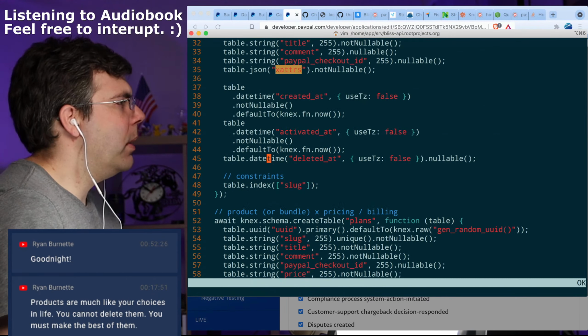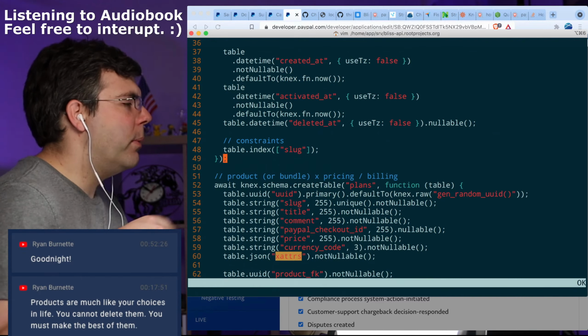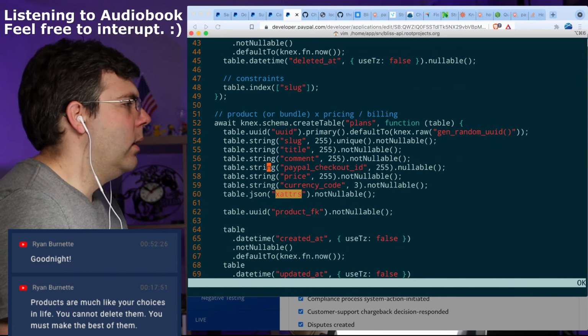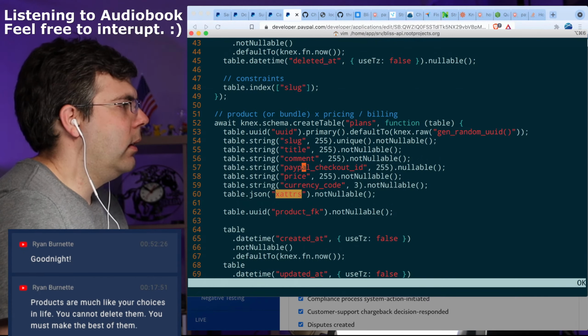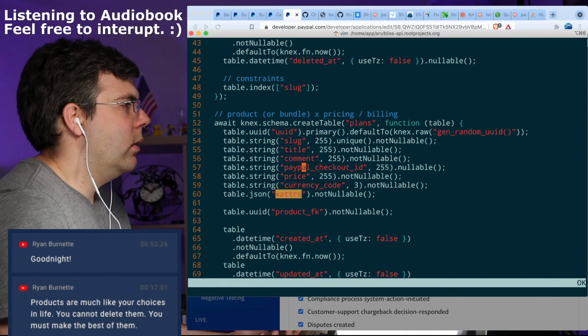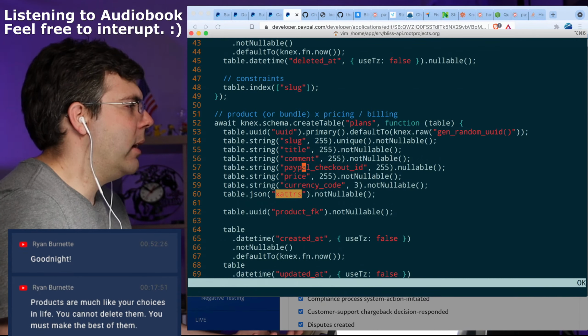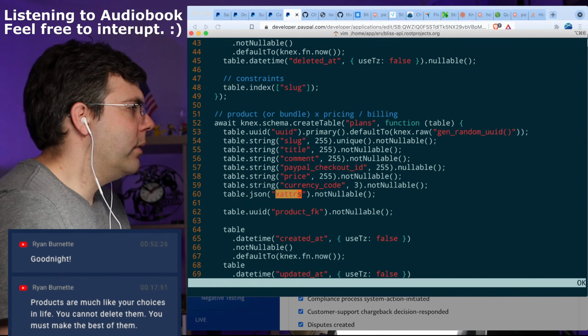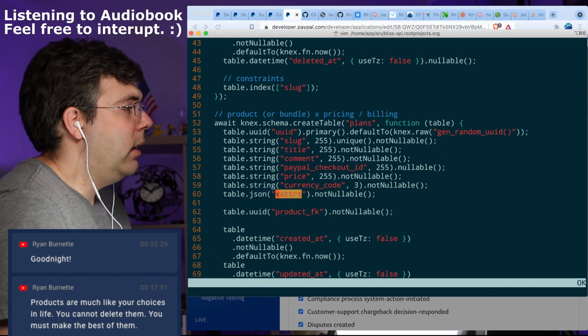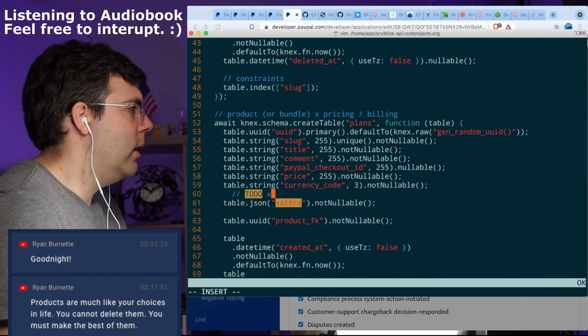Okay, yeah, because the plan and the product are going to have to be represented in multiple systems. So as many systems as there are for it to be represented, I really do want the PayPal checkout ID to be up at the top. And really, with the X adders, I'm just going to put a to do here.